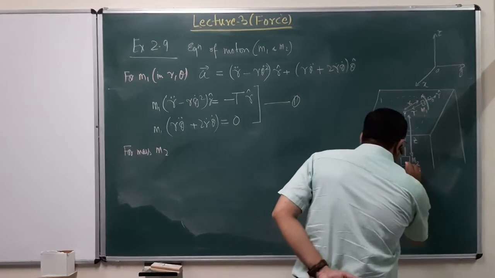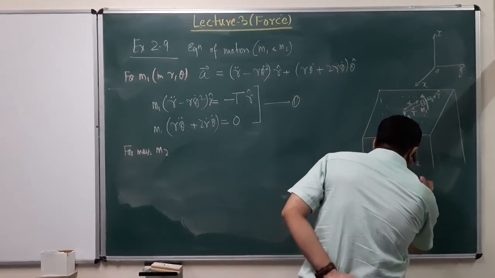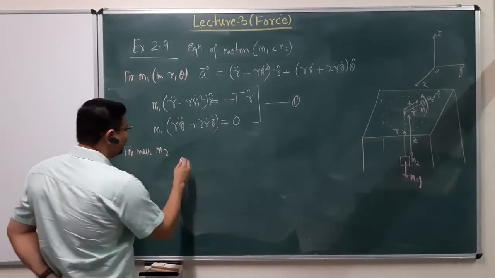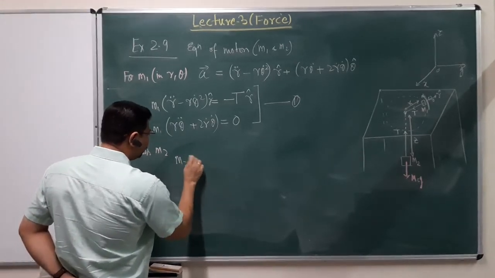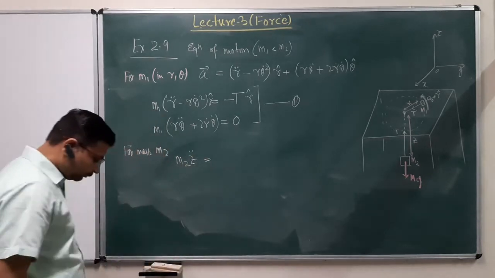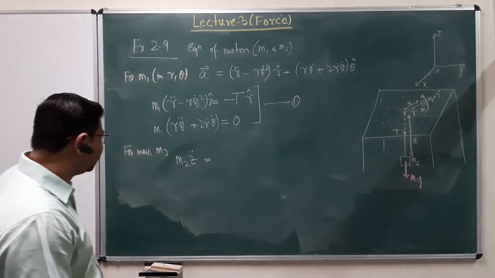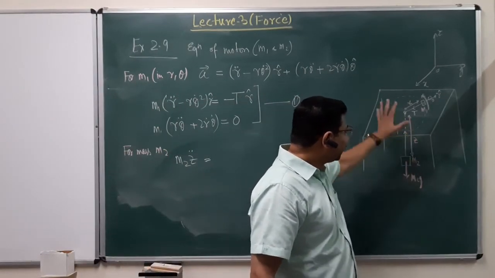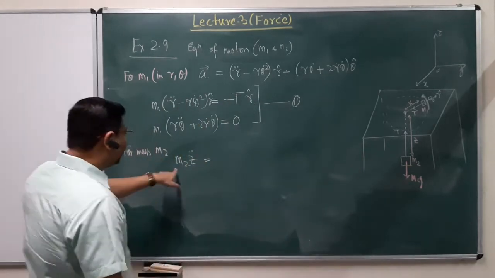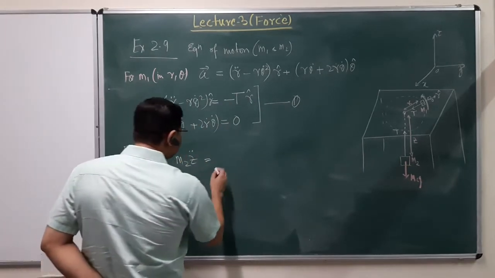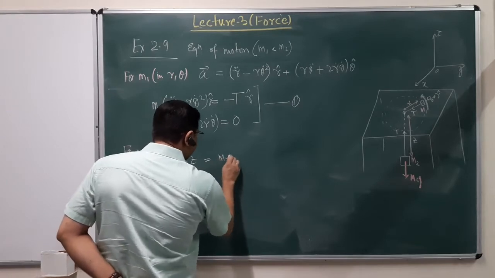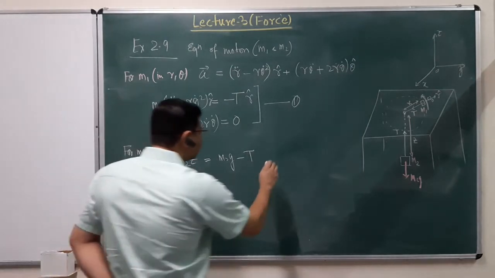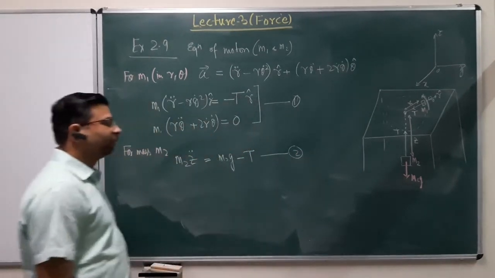And what that means is it's only moving in the z direction, and its motion in the z direction will be governed by this equation, m2 z double dot. And now again we have to fix up some sign convention. The sign convention we are going to fix up is, if the length z increases, that's the direction of positive motion. So m2 z double dot, positive acceleration, is in this case in the direction of gravity, and the tension is basically opposing it. That's the only equation of motion for mass m2.